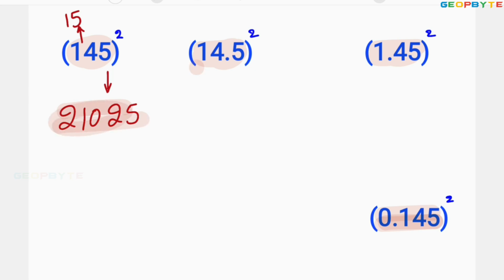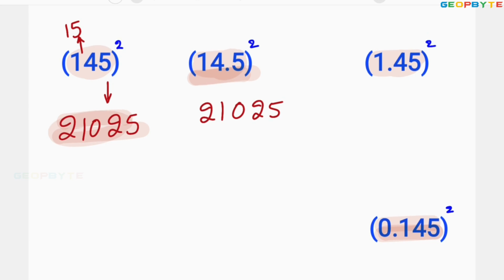For 14.5 square also, first you take this value 21025. This 14.5 whole square I can write as 14.5 into 14.5. 2 digits are there after a decimal point. After 2 digits from right, you can mark the decimal point. 210.25 be the value of 14.5 whole square. Similarly,